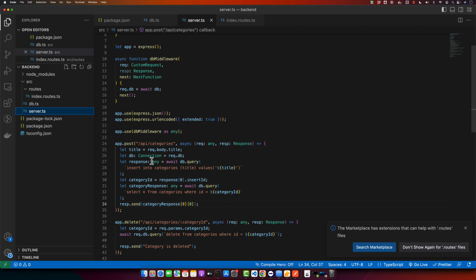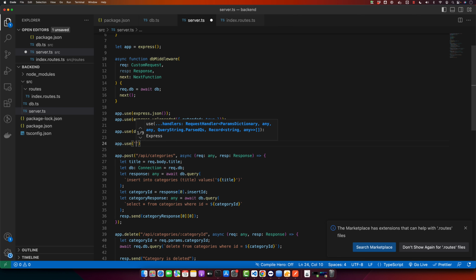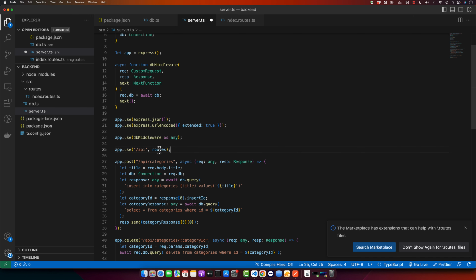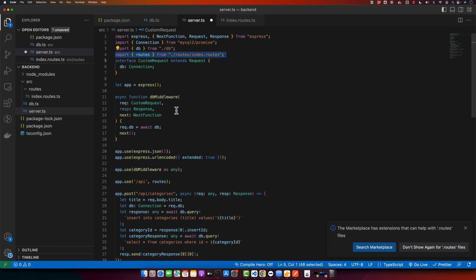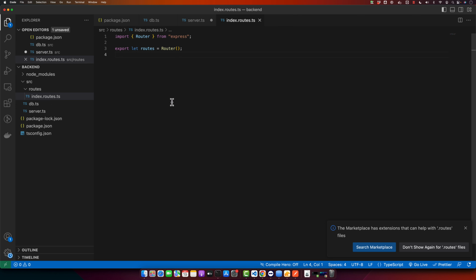and now go back to the server.ts and add app.use /API/routes, and make sure to import routes from the correct file path. So the meaning of this syntax is that whenever somebody tries to access endpoints starting with /API, it will load this router. And in this router, we will define further routes that will be